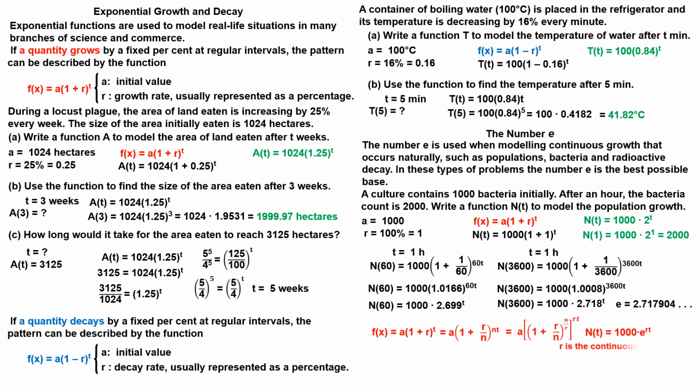R is the continuous growth rate. To find the continuous growth rate, we take the previous formula and equate it to the new formula. After simplifying, we should solve this equation to find the continuous growth rate. The continuous growth rate is 69.32%, and the new formula takes the form